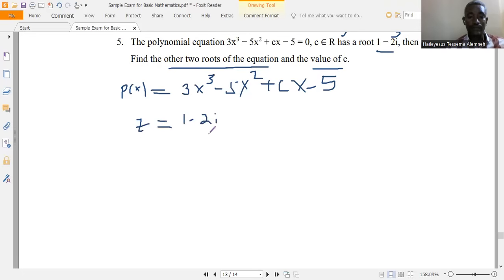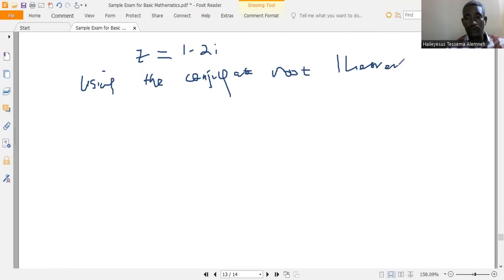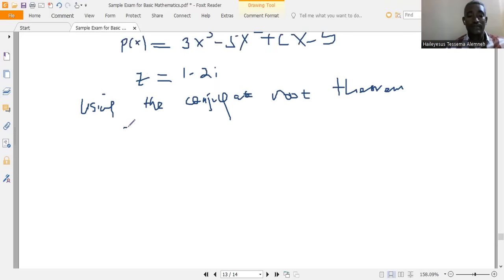Now using the conjugate root theorem. What was the conjugate root theorem? The conjugate root theorem states that if the complex number z equal to x plus iy is a root of the polynomial function,